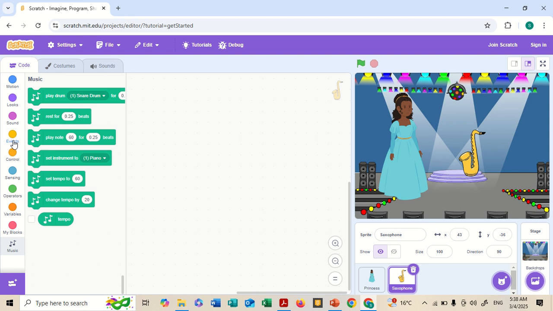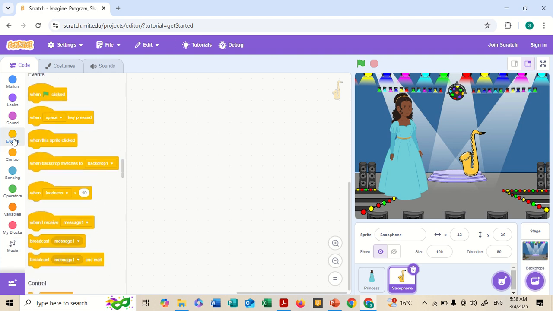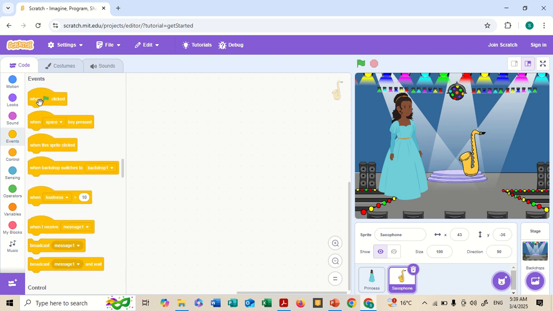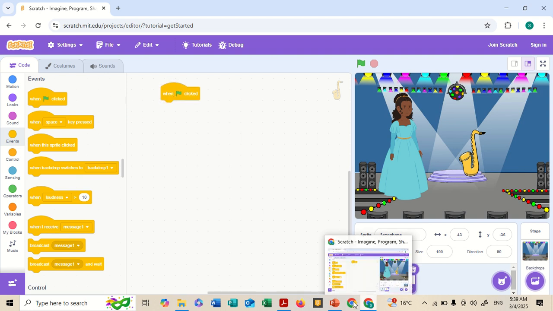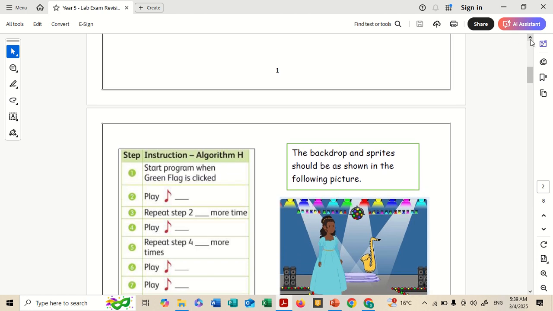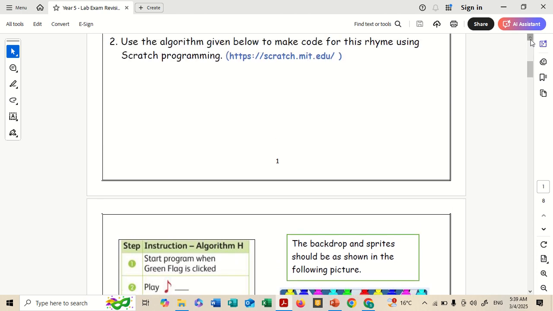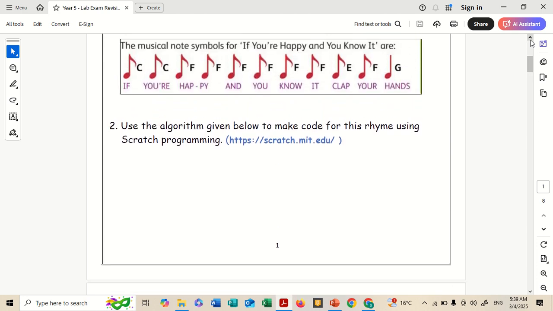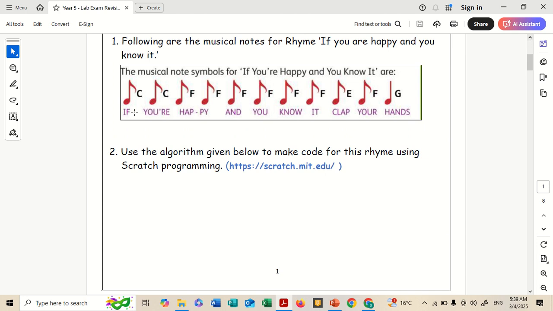Now we will start making the code. Go to events. When the green flag is clicked, bring it here. Then it says play note, this one, and repeat the step 2 how many times. We have to see this in the given musical notes. Okay, the first sound is C and it is played 2 times, so we will use